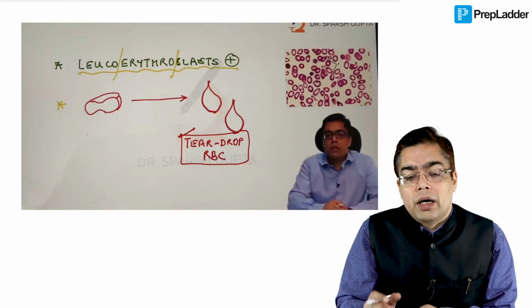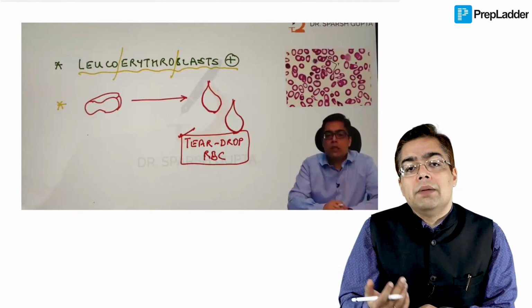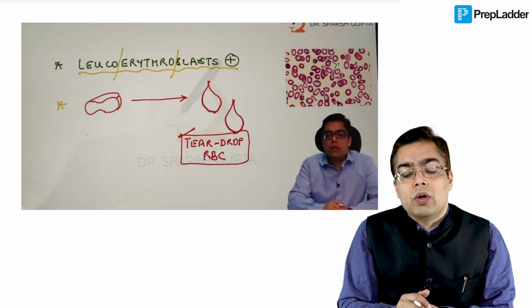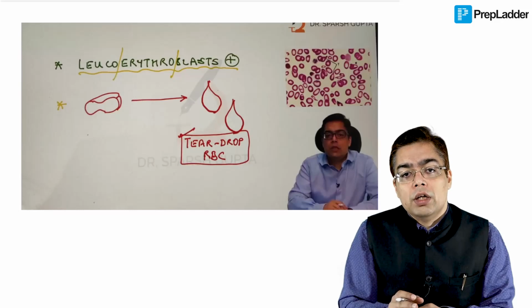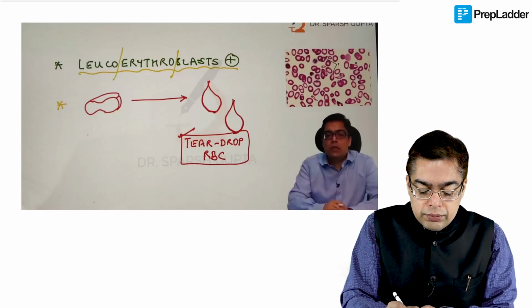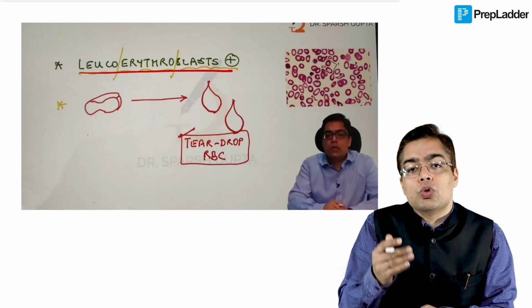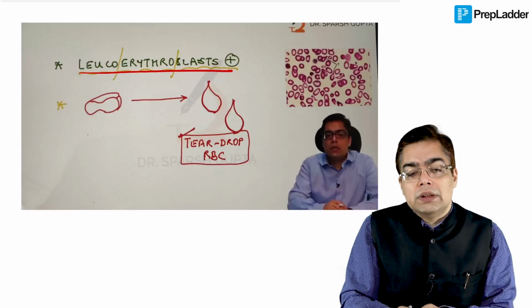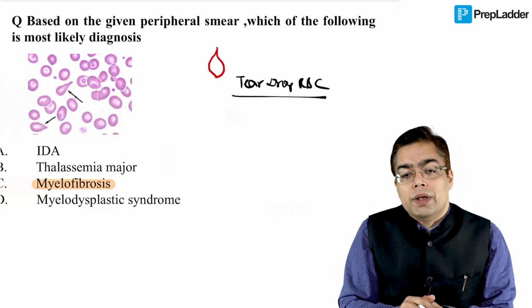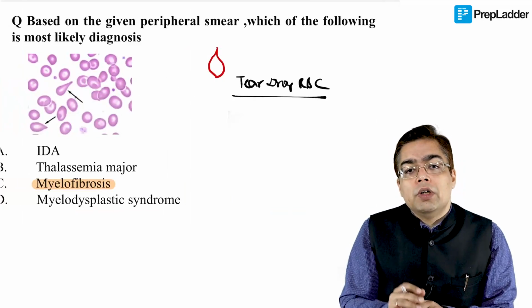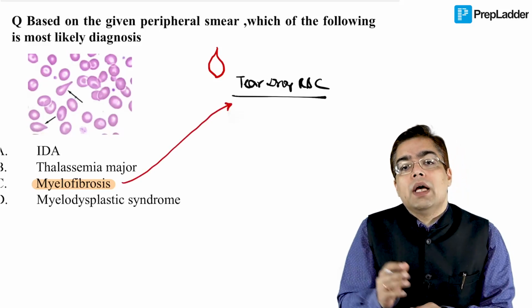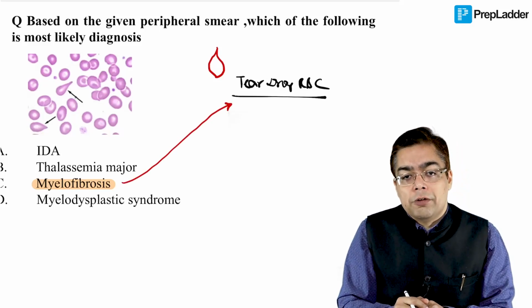Now, when we talk about the teardrop RBCs, they are being asked in the exam by a second important name of dacrocytes. Please also be familiar with the fact that when you have fibrosis in the marrow, you can be having certain immature cells of the WBC series also appearing in the blood. So we need to be familiar with a term that is going to be used in the exam, the leukoerythroblast. The immature RBCs are also appearing. The nucleated RBCs would be appearing in the peripheral smear. So the teardrop RBCs and leukoerythroblastosis is going to be associated with something like myelofibrosis. Why do we need to talk about myelofibrosis is also because of the fact that once the patients are going to be having this condition, they are going to be having the development of something like a pancytopenia-like manifestation.